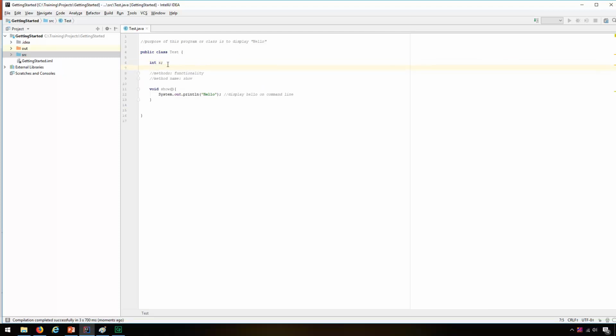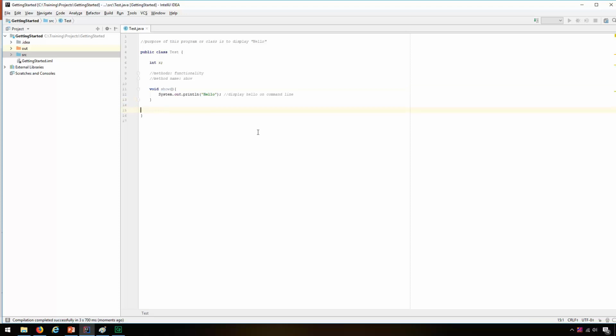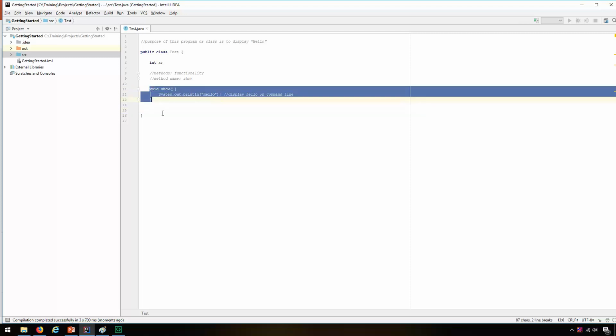So in this Java program, I'm having one variable x and one method so. But Java does not understand where it has to start, what exactly it has to do, because I have a so method. The class may have some other methods also. So